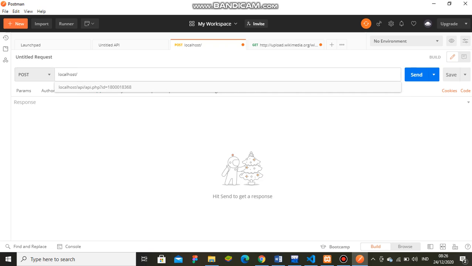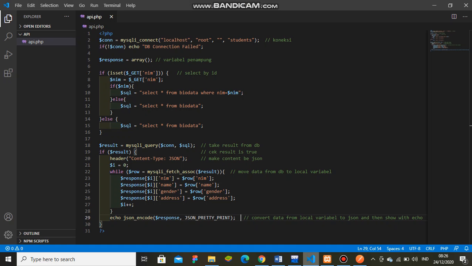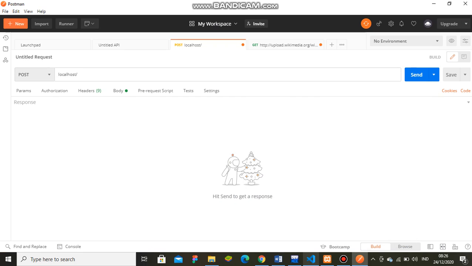Why localhost? Because I use XAMPP, so to access the XAMPP documents we need localhost as the htdocs folder, and then we need to add our folder name API and then api.php. Okay, api.php. Okay, set.